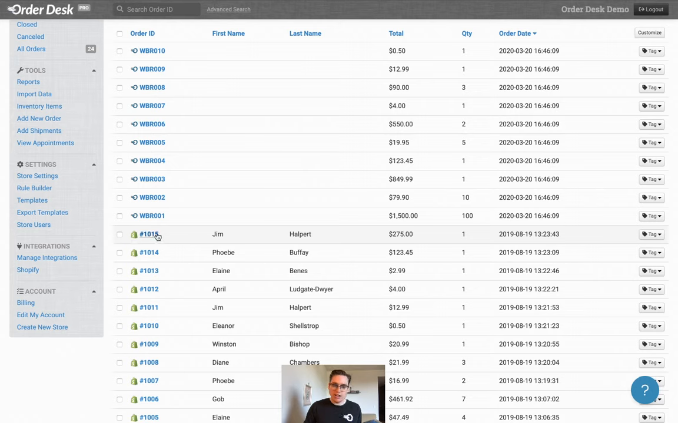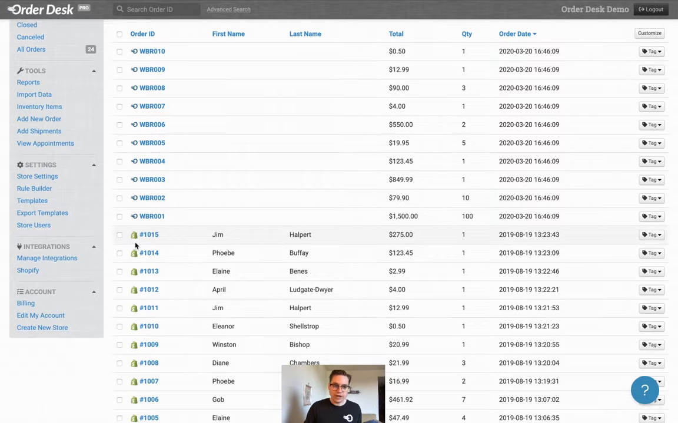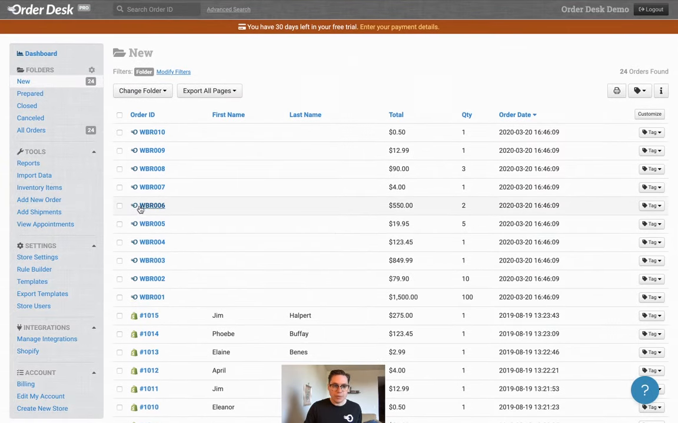So we can see all of my Shopify orders have this little green Shopify logo. All the orders I imported from my import template have an Orderdesk logo. If I was bringing in orders from WooCommerce, they would have a WooCommerce logo. That's a quick way to hopefully help you parse out where the order source is and where it came from at a quick glance. Okay,